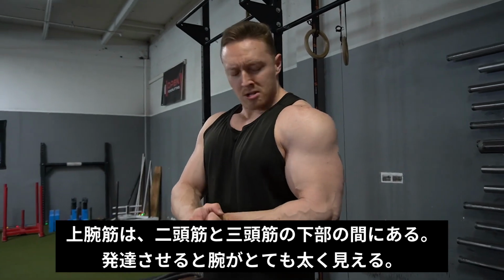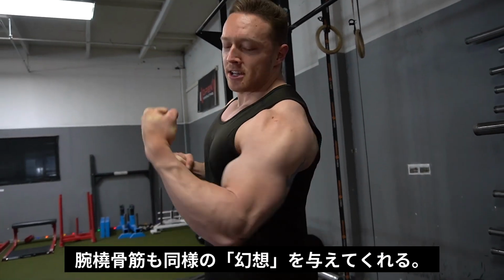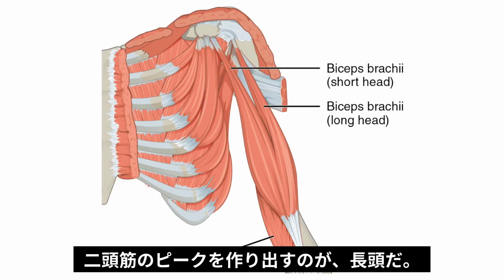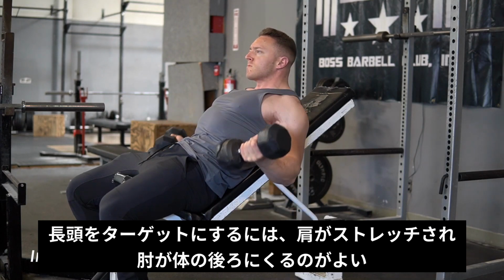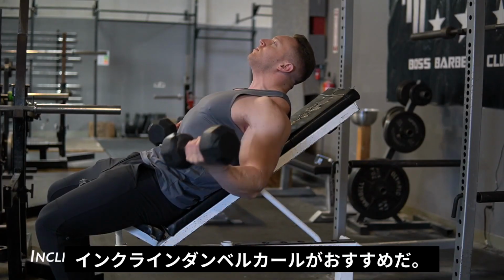The brachialis sits in between the lower part of the bicep and tricep, and when you grow this, it expands your lower arm. These general regions can really help make your arms look bigger, as well as targeting the 2 heads of the biceps, starting with the long head of the bicep, or really what we call the bicep peak. This is going to be targeted anytime we get the shoulder into a more stretched position and elbows behind the body. It can be a great way to target a little bit more tension into the long head of the